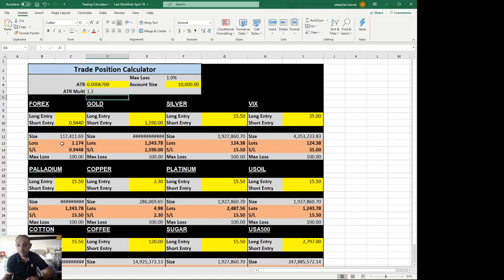So you can take 1.17 lots as your trade size, and your stop loss is much closer. I use this calculator before I enter any trade because it gives me my stop loss and it also gives me my lot size. So the price action indicator does give me a recommended stop loss based on a similar calculation,